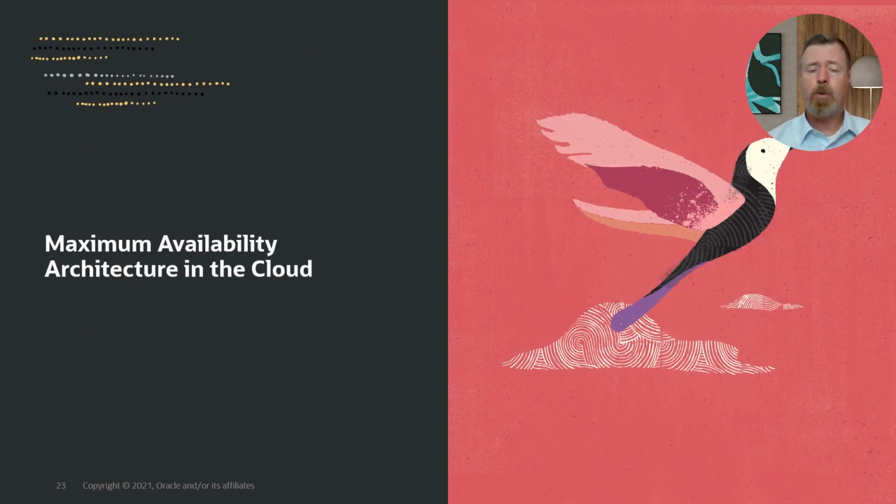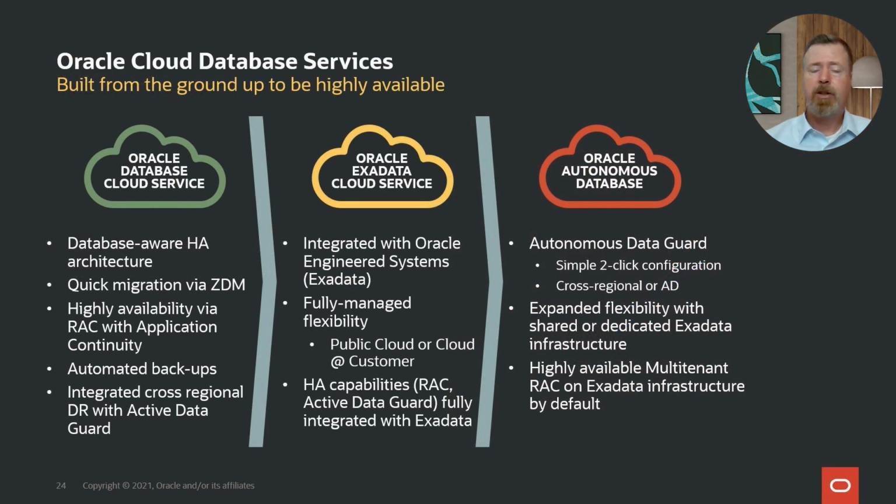All right, let's quickly look at how this Maximum Availability Architecture works in the cloud. We have different database services: our Oracle Database Cloud Service, Exadata Cloud Service, and Autonomous Database. They have varying technologies built into them. All of them are database-aware HA architecture at the end of the day. In the Oracle Database Cloud Service, you have the choice of single instance, or you can choose RAC as well. You can use quick migration via Zero Downtime Migration, or ZDM for short. We have automated backups built in, and you can set up cross-regional or cross-availability domain DR with Active Data Guard